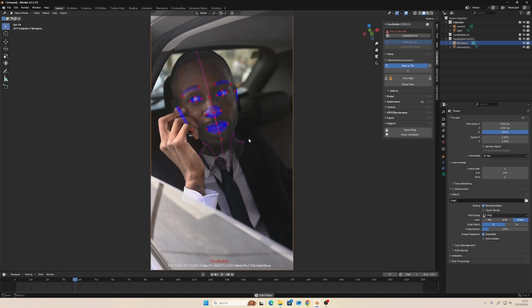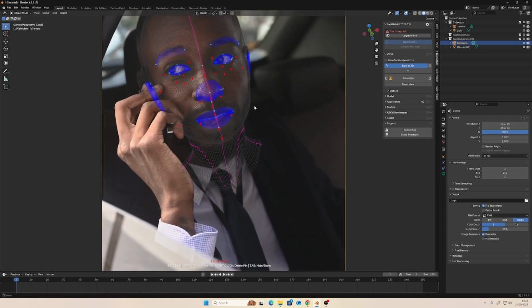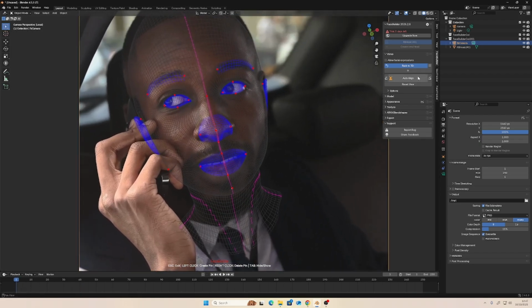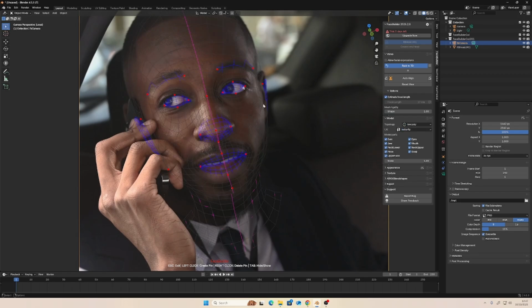Right, so we're going to use Face Builder to do the initial. Let's just go with, under options, I tend to use a simple face. I find it's too much detail really with the big one. And let's get rid of the ears. Get rid of all these. There we go. Right, and then we can just use the auto, and then it's just a case of